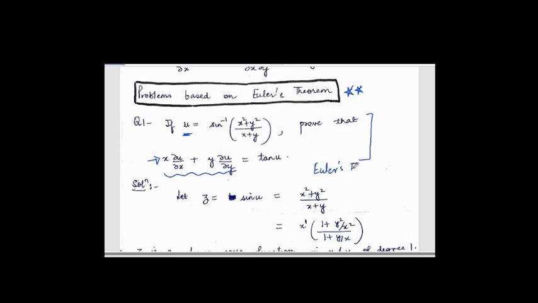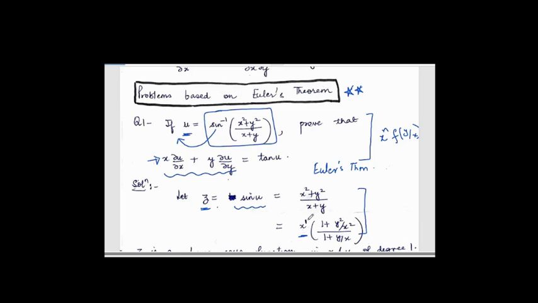But Euler's theorem is applicable to homogeneous functions only, but this function in the original form is not homogeneous, because homogeneous looks like x to power n into a function of y by x. So u in the original form is not homogeneous, but if you take sine here, sine u is indeed a homogeneous function. So instead of applying the theorem to u directly, you are going to apply it to sine u. So let's call sine u by z. Then z is a homogeneous function of degree 1. You can see you can take a power x square out from above and x out from below.